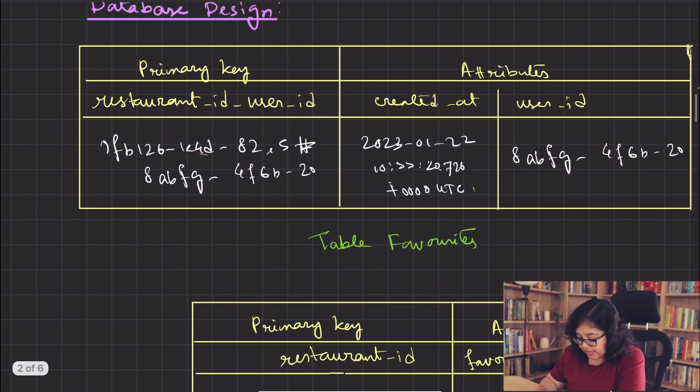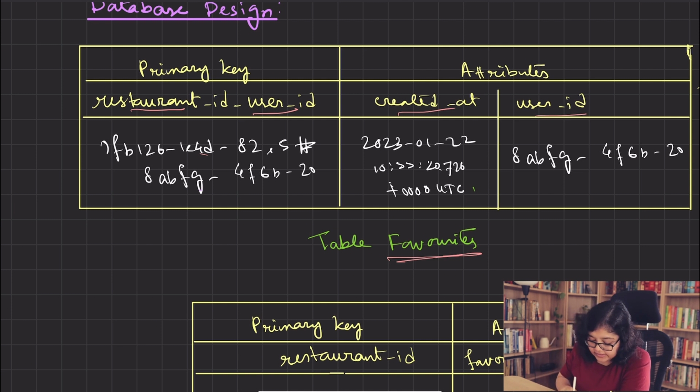As I have mentioned, Deliveroo is storing the data in DynamoDB, in the favorite table. Here we can see a very simplified version of the favorite table where the primary key is a combination of restaurant ID and user ID, and there are other columns like created at, etc. Once a user marks a restaurant as favorite, a record gets inserted into the table, and once the restaurant is marked as unfavorite, the record gets deleted from the table.